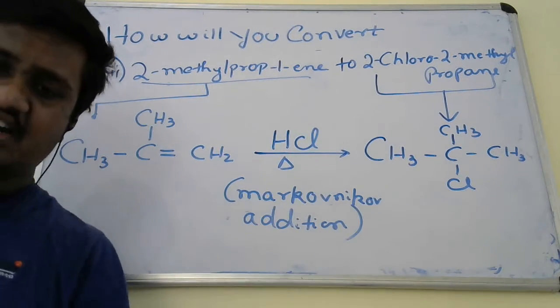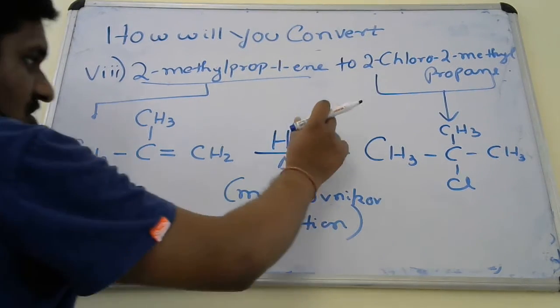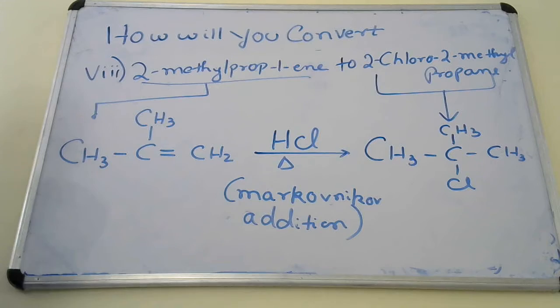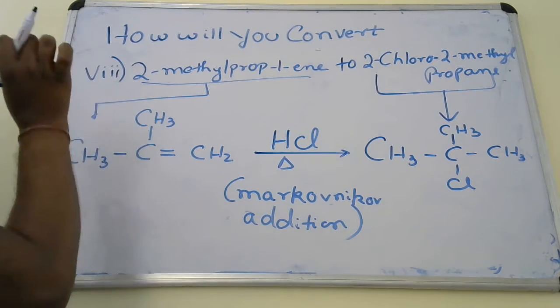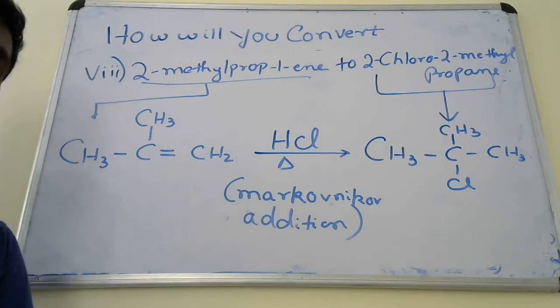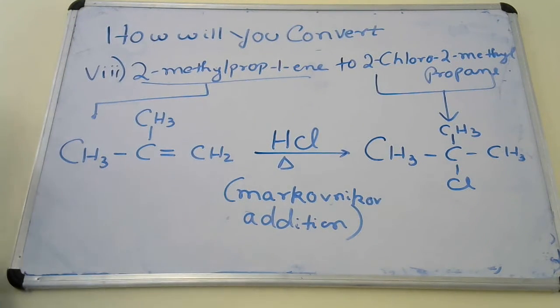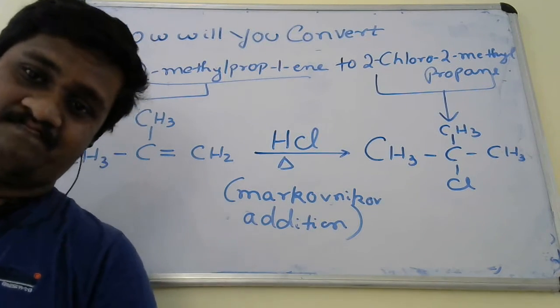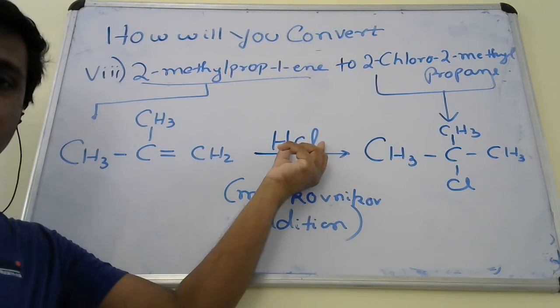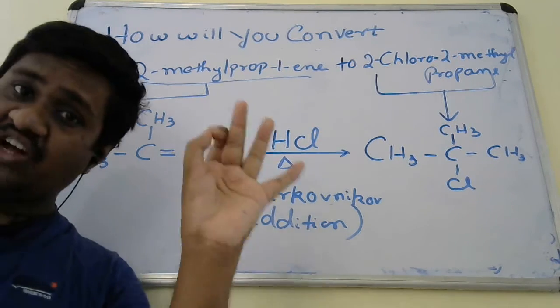The halogen part of that halogen acid will be linked to that carbon of the double bond